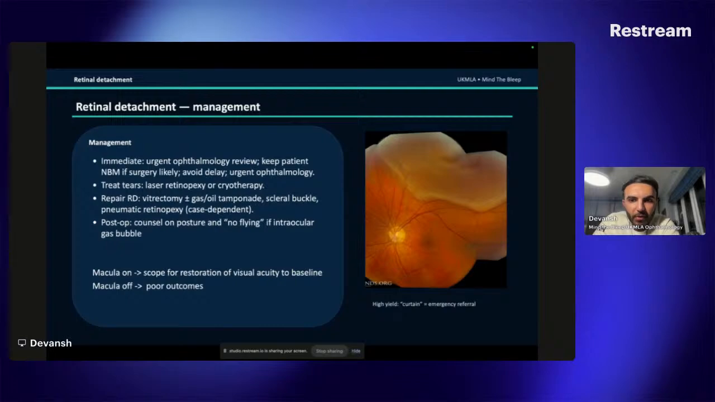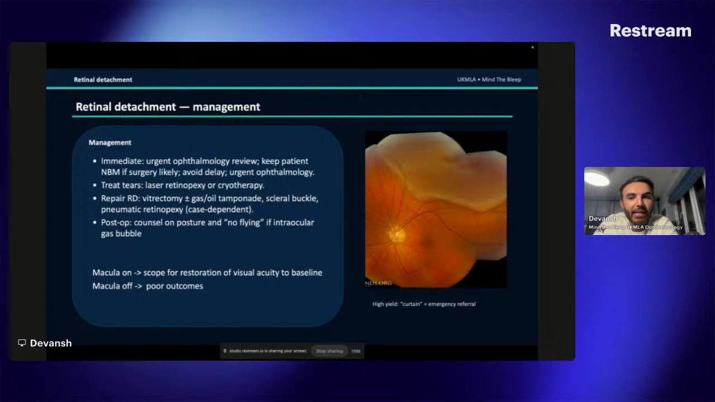Coming on to management, so this is immediate, urgent ophthalmology review. We can also then treat this in theatre through a variety of different techniques. We've listed some of the techniques here below. You don't need to know this for the UKMLA in a huge amount of detail, but it's good to know that we can either use lasers or we can use cryotherapy alongside other techniques such as gas tamponade